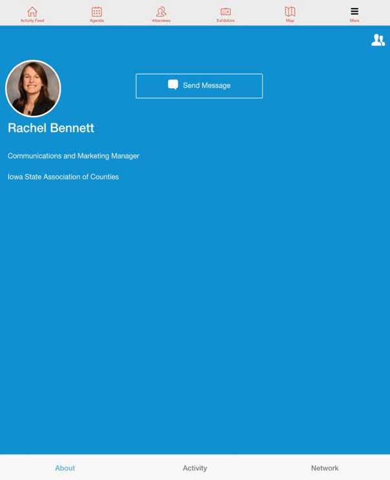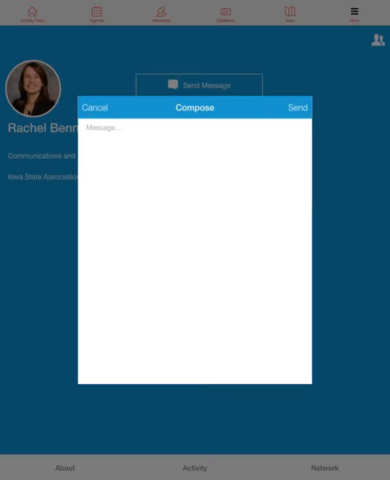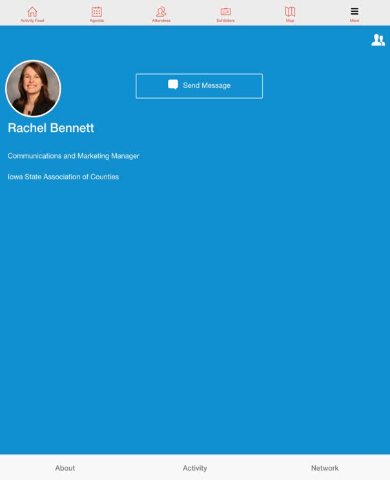Another thing you can do within the Attendees tab is send a message. If you click on Send Message to Me, the way that's going to work is it's just going to send an email. It comes through to the email that you or they entered when they signed up for the app. So you won't get a notification inside your app that you have a message. It's not like Facebook messaging or anything like that. They will have to check their email to receive that message. And vice versa, if you want to respond, you would just respond via email unless you went back to the app, and it's not like a thread.